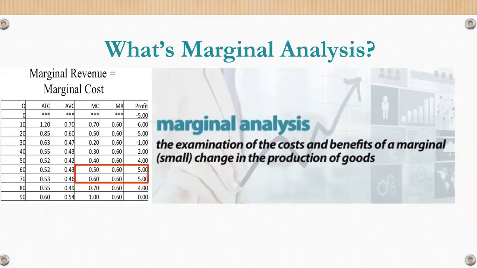Then we come into marginal analysis. This is actually a huge concept. Marginal analysis is about the incremental change. If I have a little bit of a definition, it says the examination of the costs and benefits of a marginal, meaning additional but in a small way, change in the production of a good. So each time you're producing another unit and another unit after that, and it often comes down to the one unit, unless the change is so marginal, like in this table I have in front of you, that it could be every 10 units at a time.